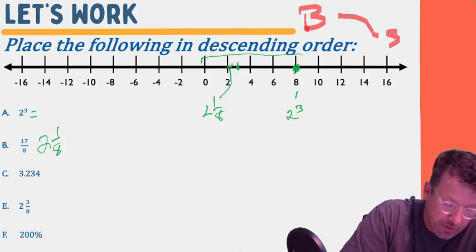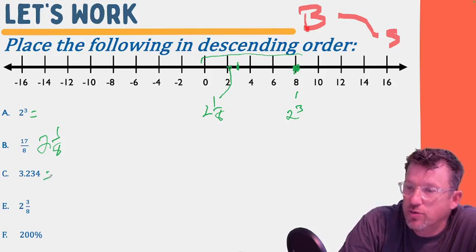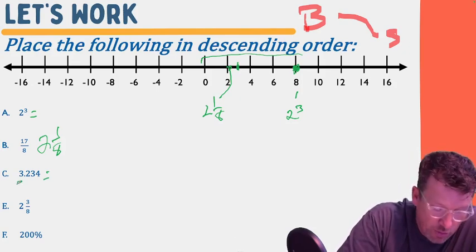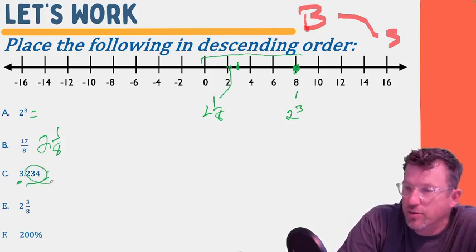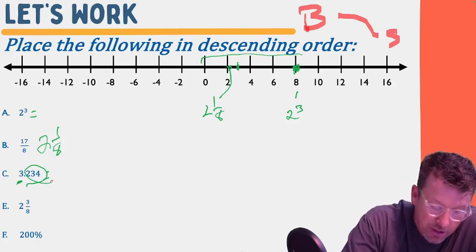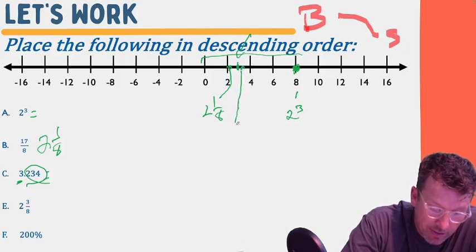Let's go to the next one. Oh, we don't have to do any converting. It's 3.234. So that means it's 3 and a part of a whole. So 3 and a little bit more. So where's our 3? We said 3 was right there. So 3.234 is going to be somewhere in there. So let's come down here and I'll put that